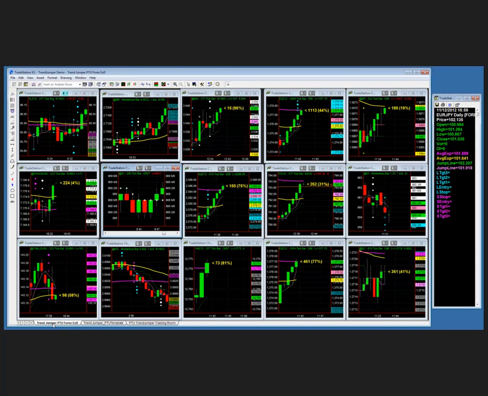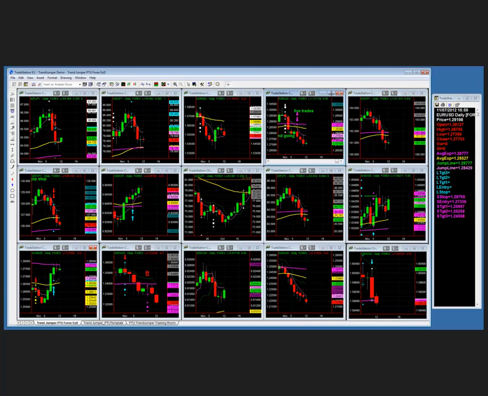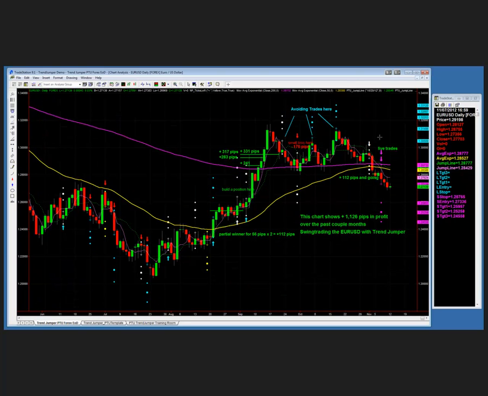I mean, let's look at Forex because there's some good trades that just triggered in. This is one of the workspaces I use. I have another one with a bunch of other pairs. The Euro US is, can I find it? There it is. This was a trade we just showed, and this trade is well on its way.